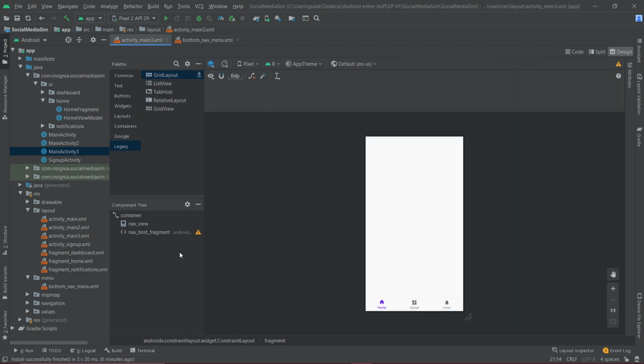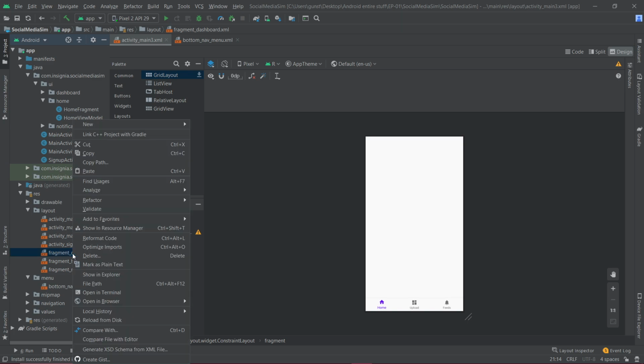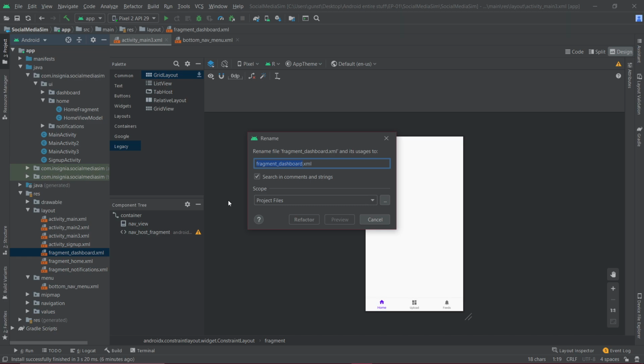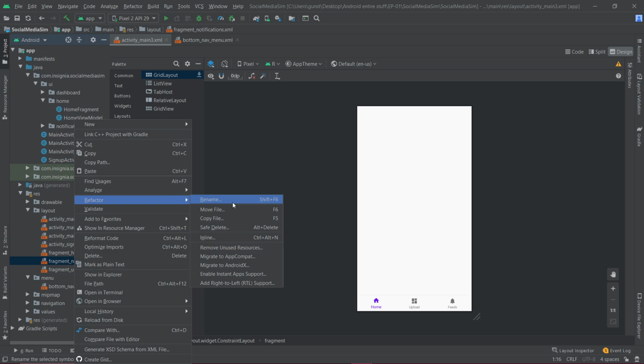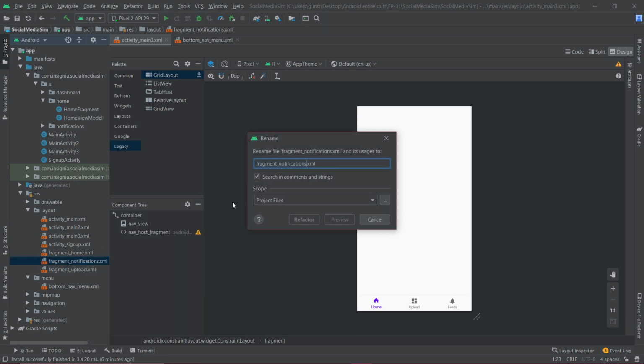The name changed. At the same time, I want to change the name of the files too. First, I'll rename the dashboard into my upload. I'll rename the file fragment upload. At the same time, I want my notifications to be named fragment feeds.